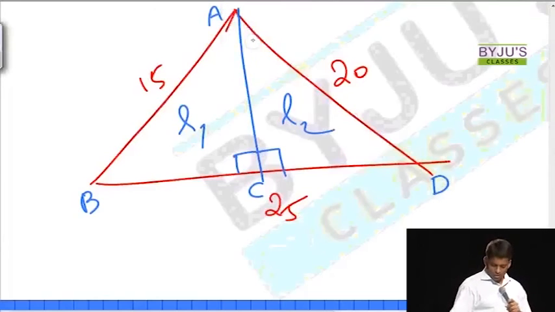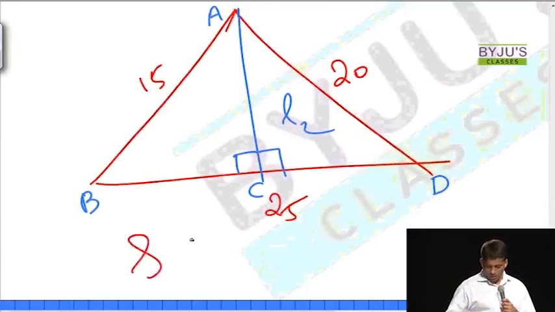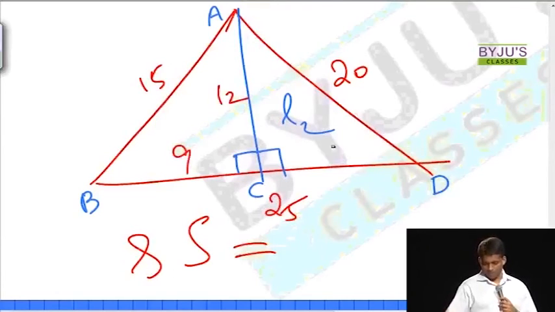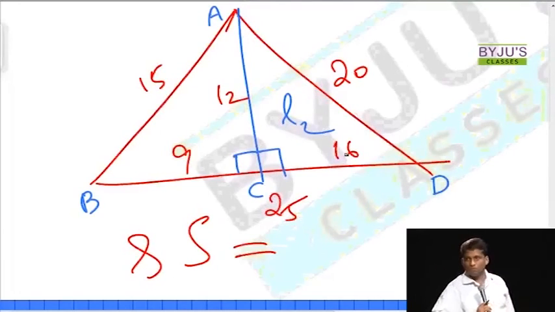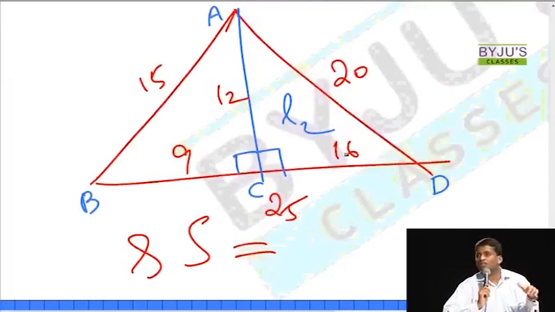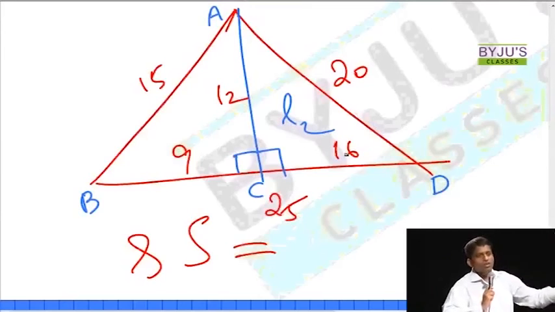But the fact is, R1 and R2, what is R1? That's again a length, right? So equate R into S with the area, and we know how to find the area of these triangles. Because we know this line is 12, if that is 12, this will be 9, and this will be 16. So everything is given now. Both are right angle triangles, so it's nothing but equating two different methods of finding the area. I'm showing you so many questions across; the logic is the same, equating two different methods of finding the area.